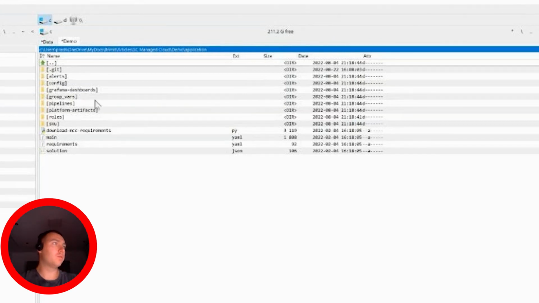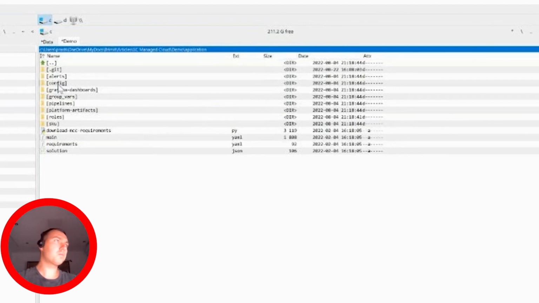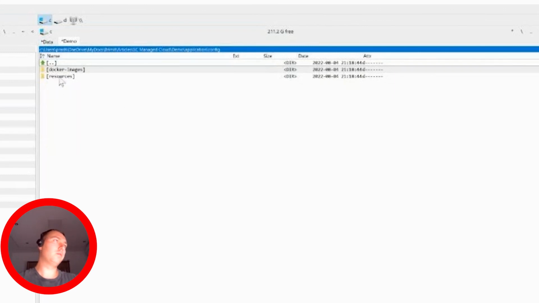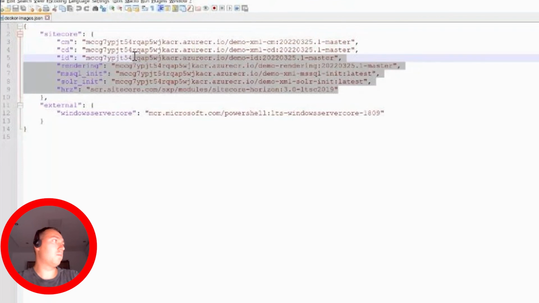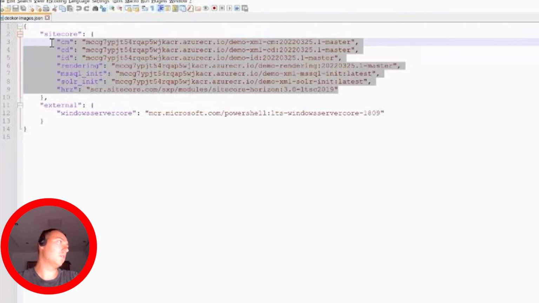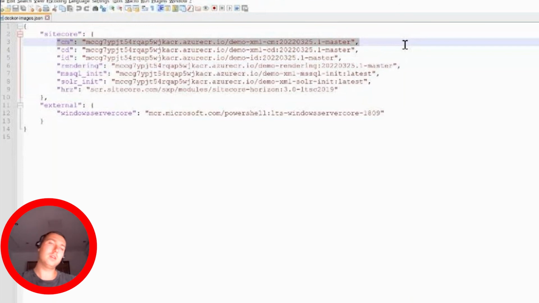Okay, let's go from the other side. There is primarily only one file that you will change, and it is also placed in the config, and then in Docker images. This file represents the path, the name and the version of images that have to be deployed. So for example, if you want to deploy something new to the CM server, which runs inside of the